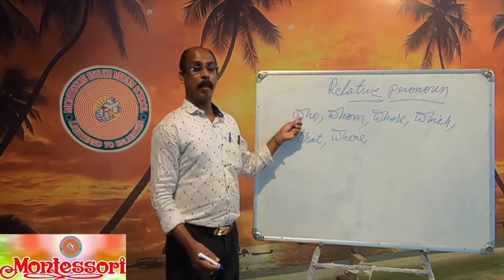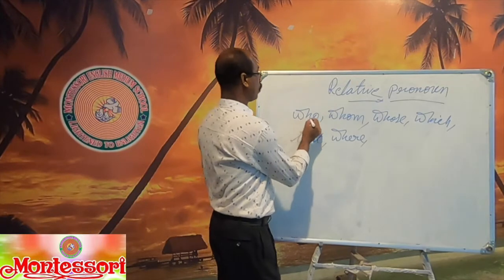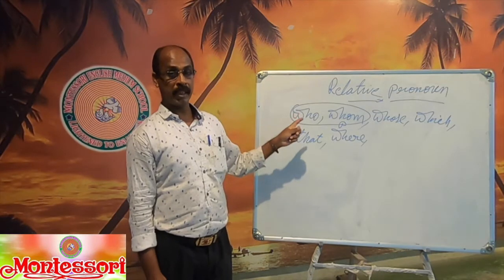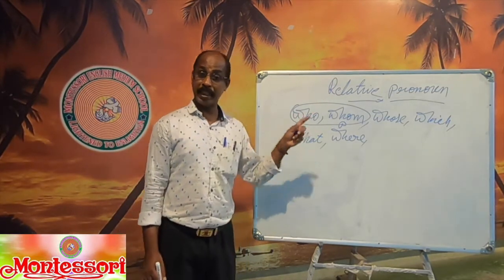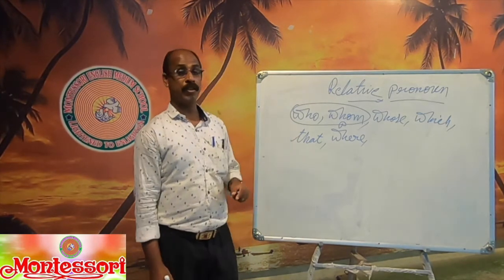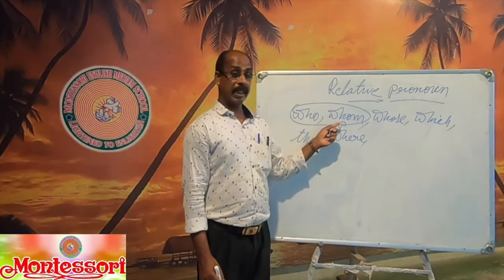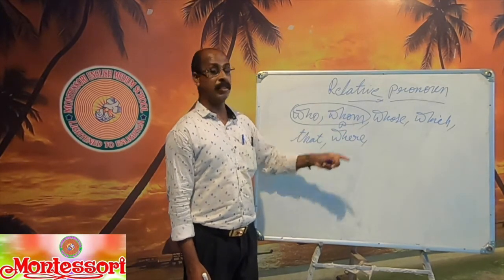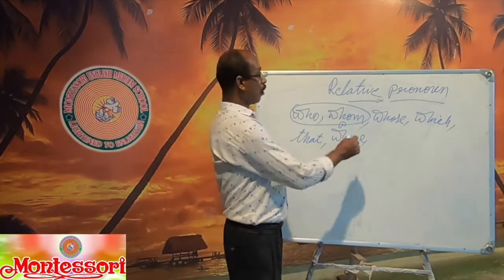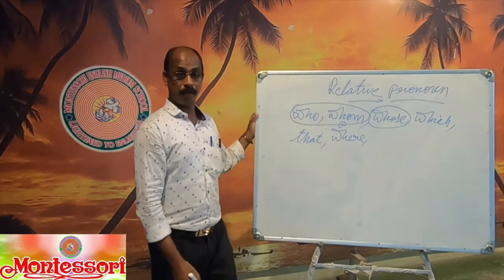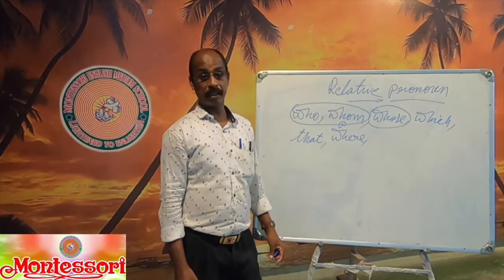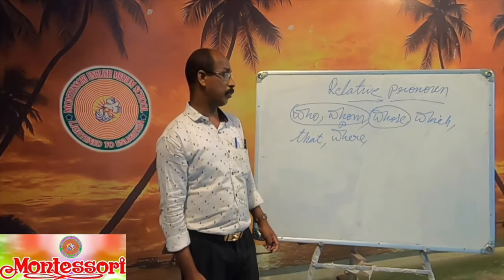Who and whom are used for persons only. According to subject and object: who is the subject. When the name is repeated as the subject, then who is used. Or when the name is repeated as an object, then the object form whom is used. So according to subject and object, you have to take that also for a person. But when you talk about whose, it is a possessive case, belongings. Here it is used for both animals and persons. Animals you can use, persons you can use.